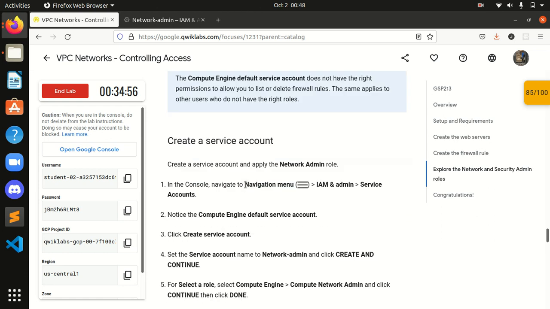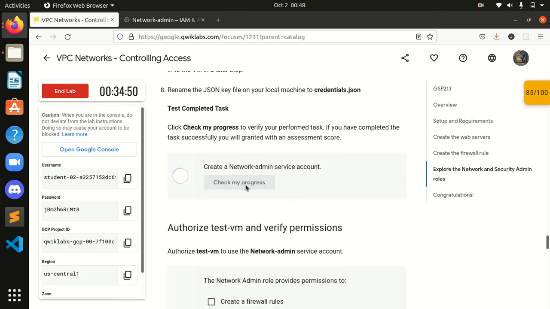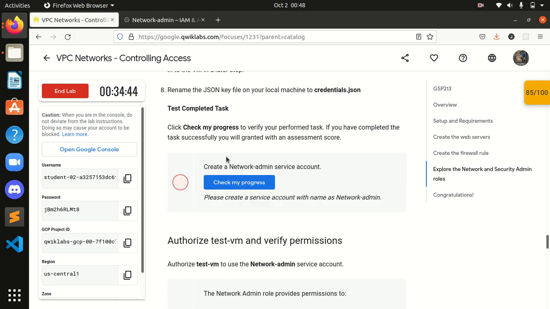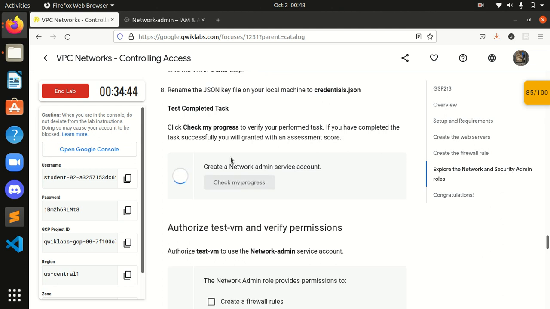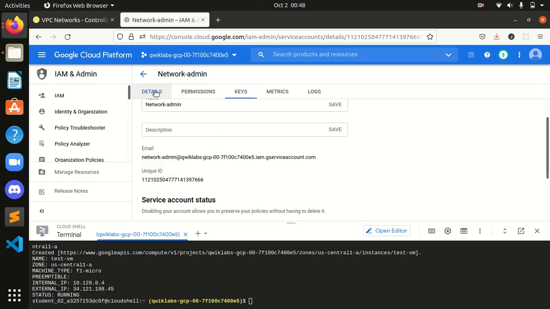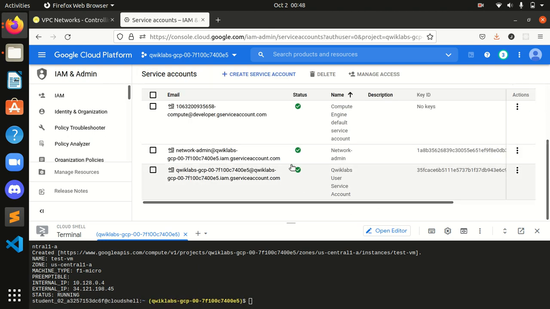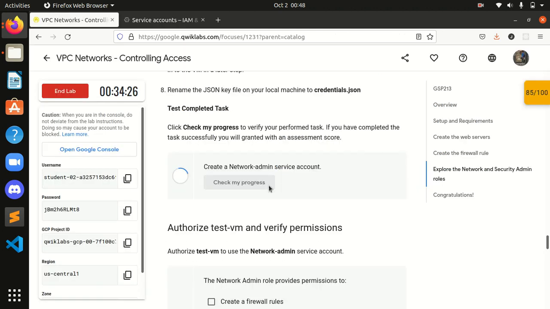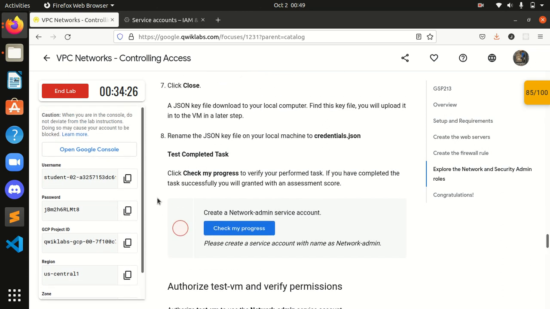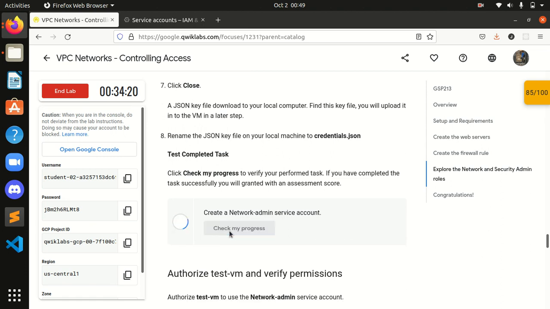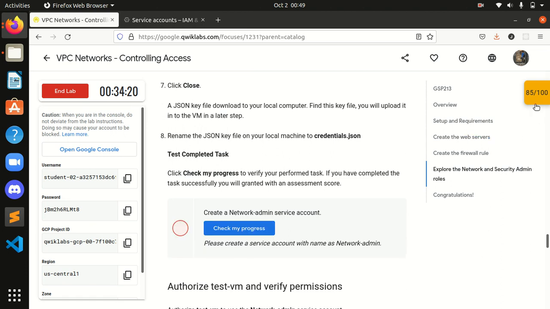I think that we have created our admin. Guys, we can see that we have created it, right? So I'm not getting why it's not showing. Let's click on it again and again.